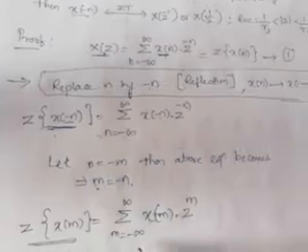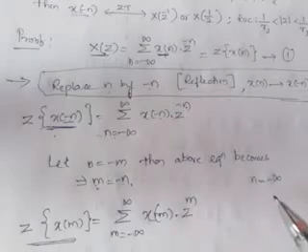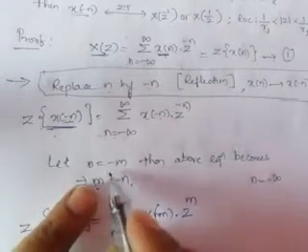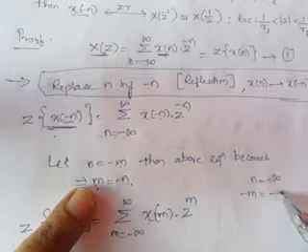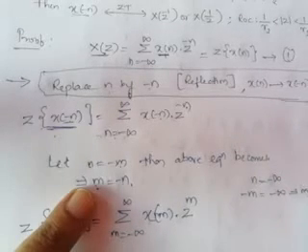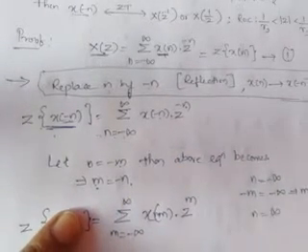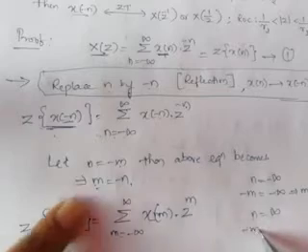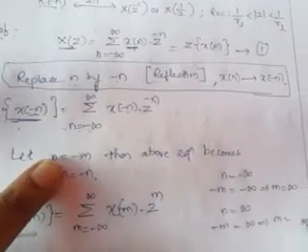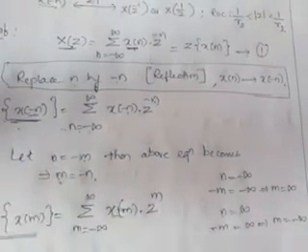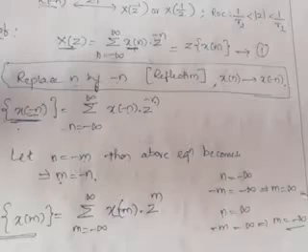Coming to the RHS, regarding the index, here n equal to minus infinity, the lower index is there. Now we took n equal to minus m, that is equal to minus infinity. So the minus gets cancelled, m equal to infinity. Similarly, go to the upper limit, n equal to infinity is there, then n is minus m, that is equal to infinity, or we can write m equal to minus infinity. Always you have to write the index from lower limit to higher limit. So it acts as a lower limit, it acts as an upper limit.